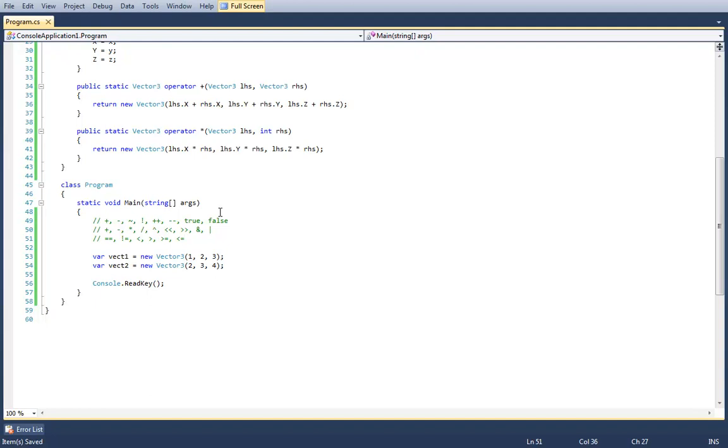You may not overload, obviously, the assignment operators. You also may not overload the bracket operator, although we will be talking about a way to do that through indexers. You may not overload the parentheses operator, unlike in C++. You may not overload the assignment operator, the member resolution operator, the ternary operator, the pointer operator, or any of the new, is, sizeof, and typeof operators. But a lot of those, when you think about it, there'll be very little reason to. Typeof is a prime example. Why would you want to?